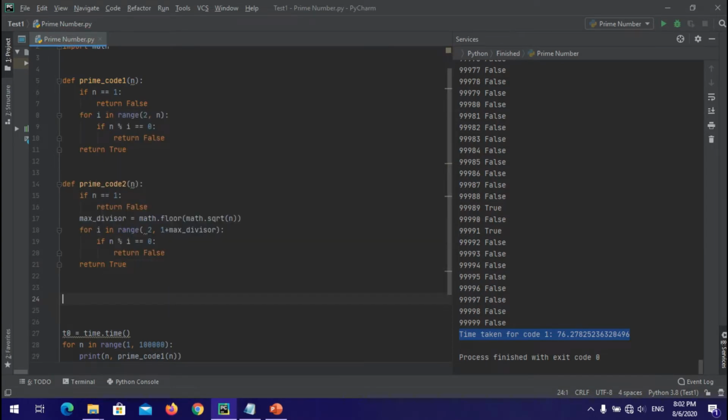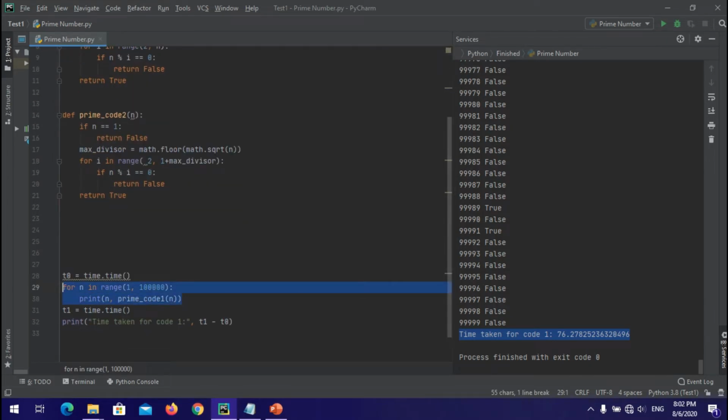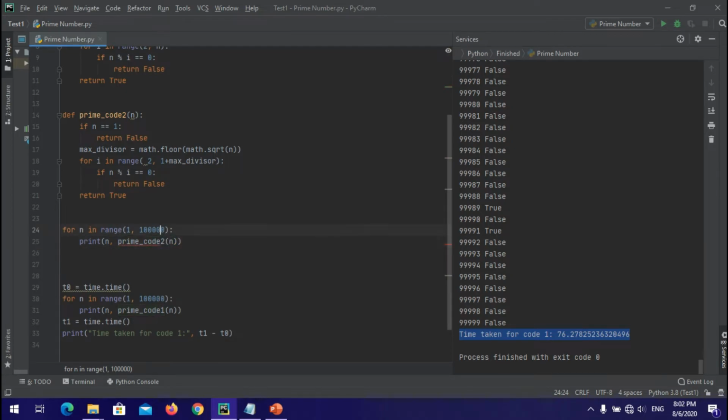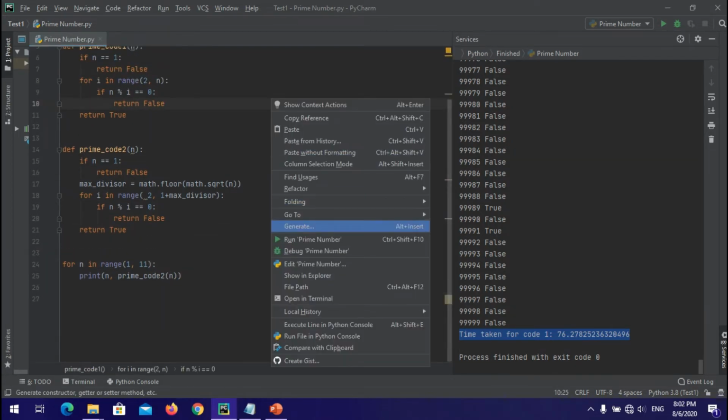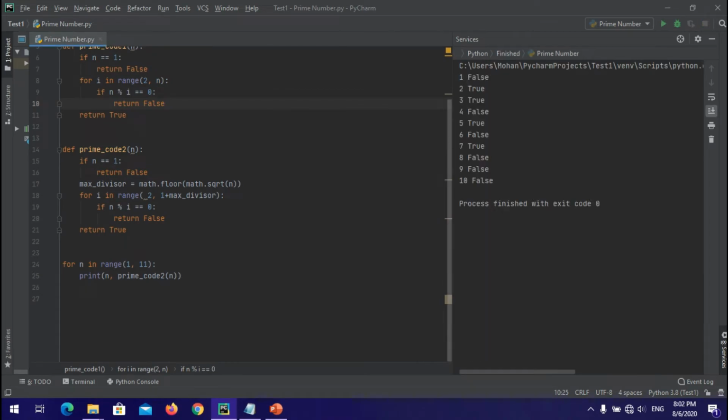Let's call function 2. Just look at the outputs. 2 is prime, 3 is prime, 5 is prime, and 7 is prime.